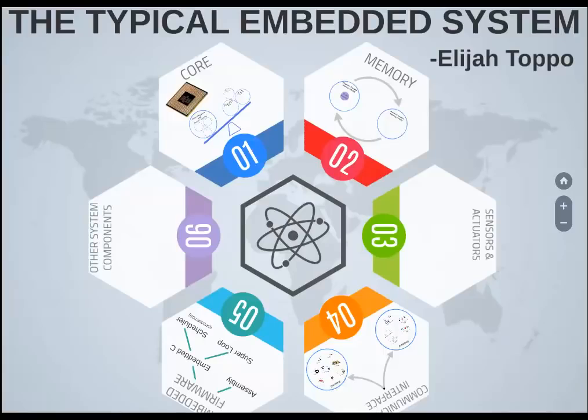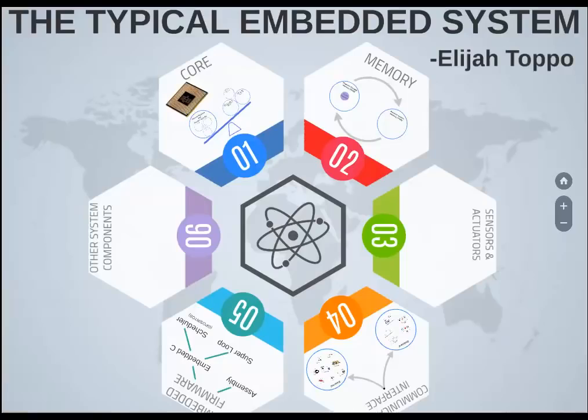A typical embedded system consists of many components. Six of them have been noted down here. They are core, memory, sensors and actuators, communication interface, embedded firmware, and other system components. To keep this video short, I will divide this section into 2 parts. In this video, I'll be talking about details about the core, memory, and about sensors and actuators. And in the next video, we'll go deeper into talking about communication interface, embedded firmware, and then talk about some